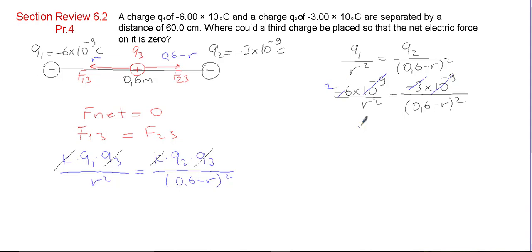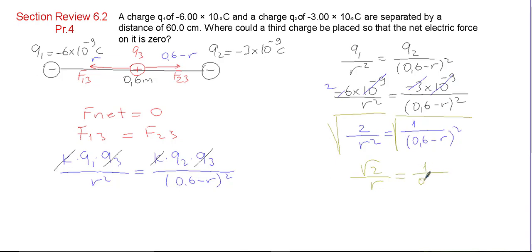So the new equation is 2 over r square is equal to 1 over (0.6 minus r) square. And if you take root of each side, then it will be square root 2 over r is equal to 1 over 0.6 minus r. And then if I cross multiply here,